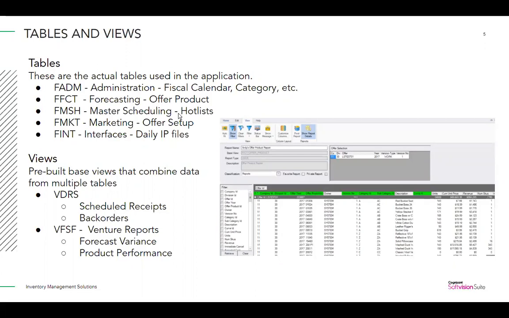FMSH would be our master scheduling tables, and you look for things like hot lists, vendor maintenance, or even querying against the materials planning screen. FMKT would be our marketing related tables, and typically people are going and looking for offer setup information. And FINT is our interface related, and so it's the daily interface files that your company would send to Softvision Suite. And you might go looking to see, why isn't a purchase order visible in my system? And you might want to go look at your interface files to see if it was sent over from your